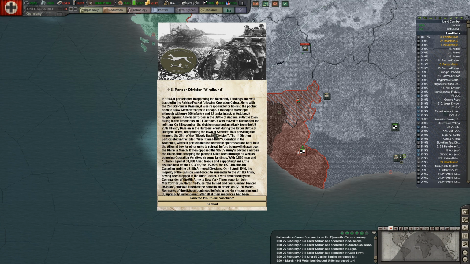The division repulsed an attack from the U.S. 28th Infantry Division at the Hürtgen Forest. During the Battle of Hürtgen Forest, recapturing the town of Schmidt, thus providing the name to the 28th, the Bloody Bucket Division. The 116th then participated in the failed Wacht am Rhein operation in the Ardennes, where it participated in the middle spearhead and later held the Allies at bay for other units to retreat before being withdrawn over the Rhine in